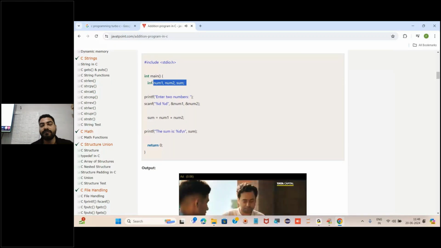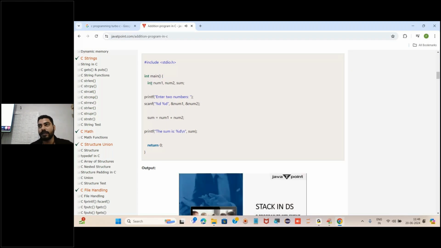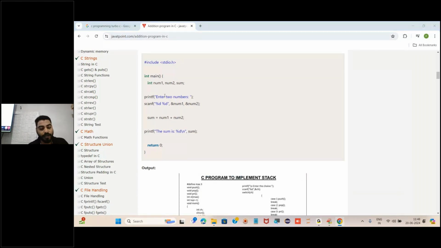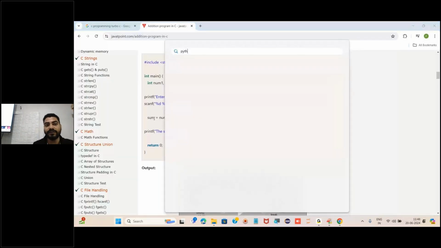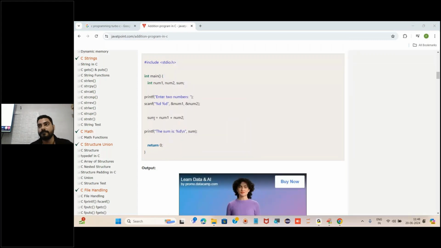We have to give the acknowledgement to the compiler of what type of data we are using. Okay, what type of data? Here, what type of data we are using? Integer type of data. Okay, but in Python, we do not require to give any data type here.